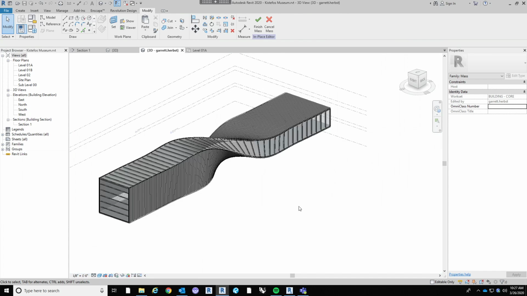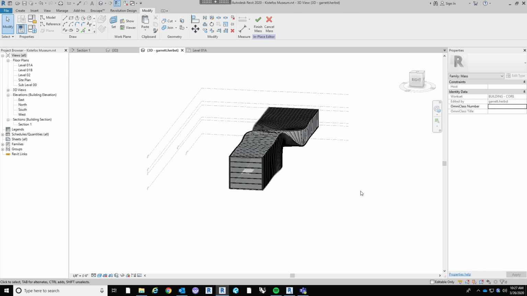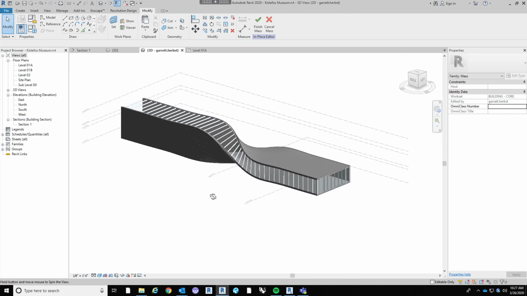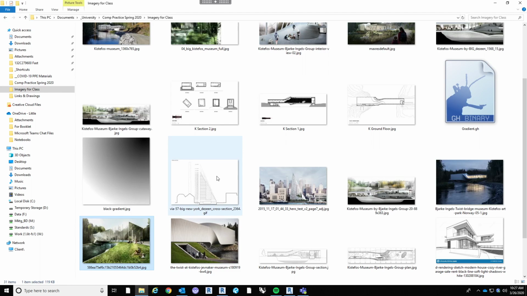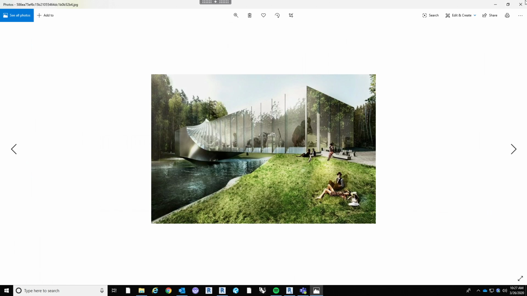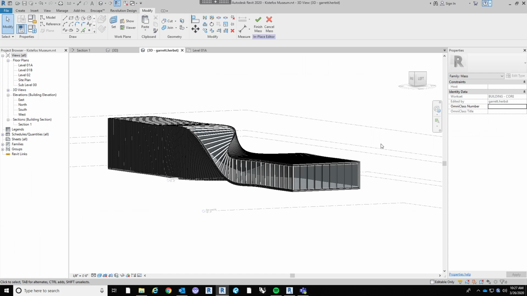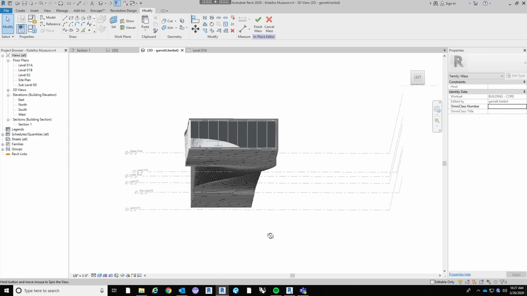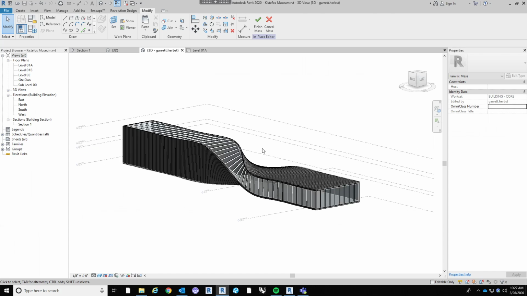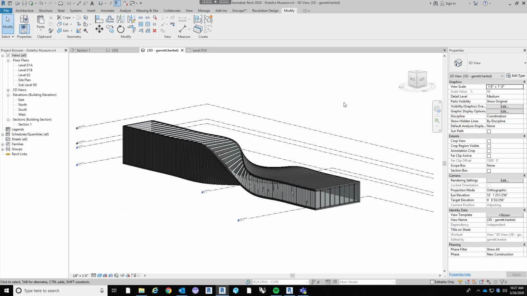Reset. Cool. Alright. So now we have a little bit nicer of a model. Matches at least somewhat the conceptual diagrams that they made before. And so what we're going to do now is we're going to create the structure. So if we finish this mass,